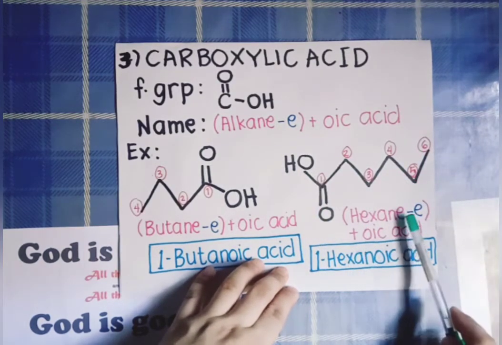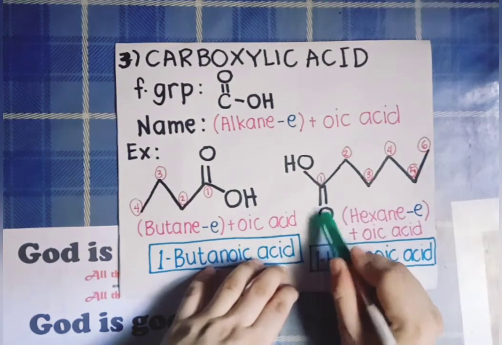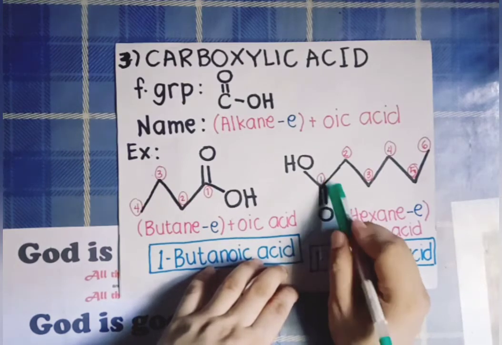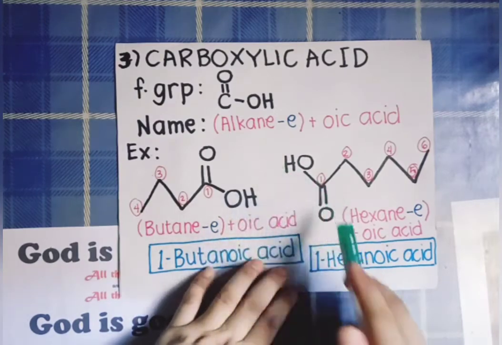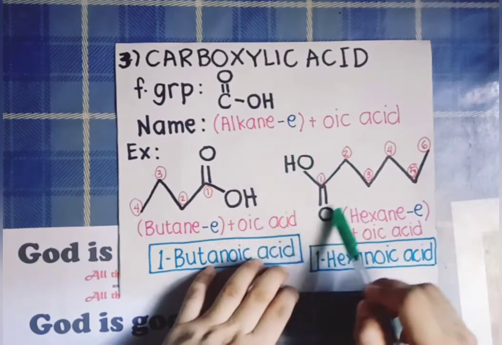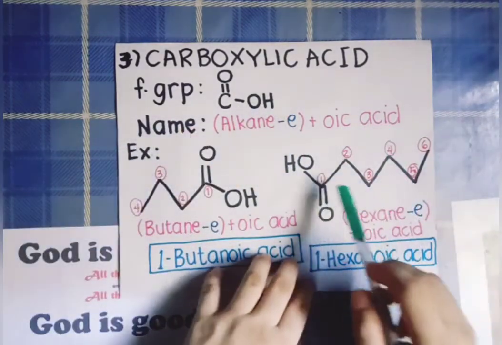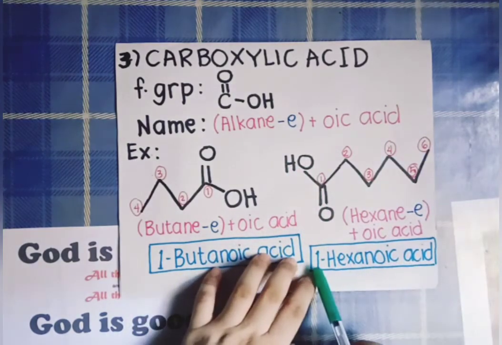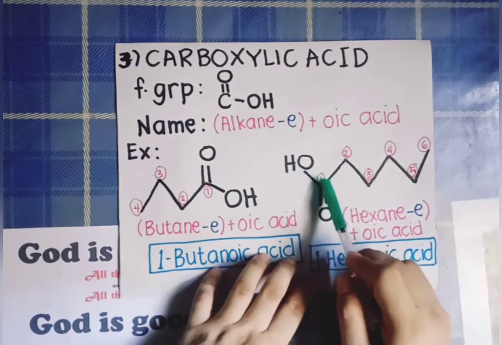So that's hexane minus E, plus obviously we have here C that bears the double bond O, and the same carbon atom here that bears the double bond O also bears an alcohol group, an OH group here. And therefore, our suffix here would be oic acid. This one is actually a carboxylic acid. And if we're going to follow this format, then the name of this molecule is 1-hexanoic acid. 1, because our C double bond OOH here can be found at carbon number 1.